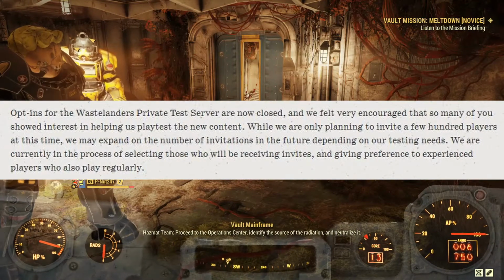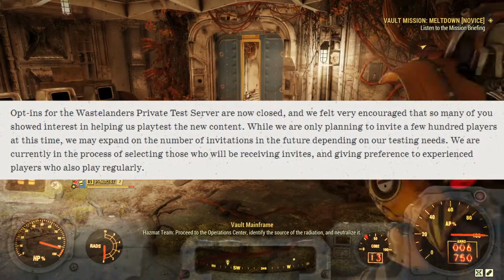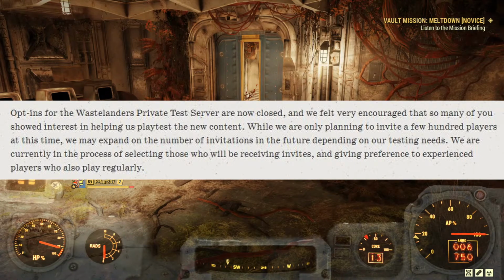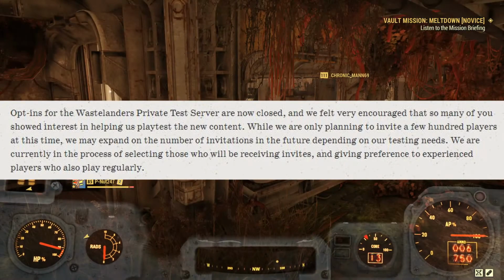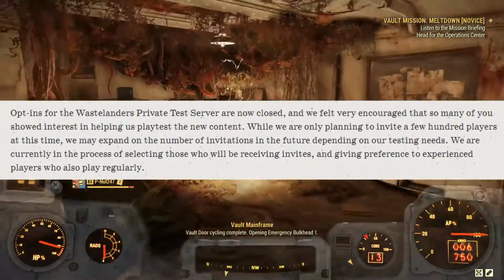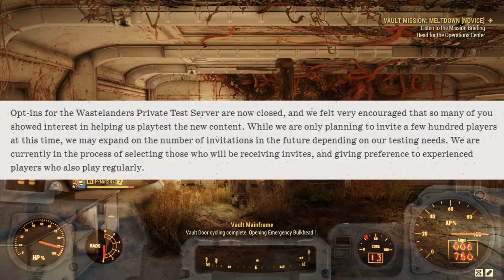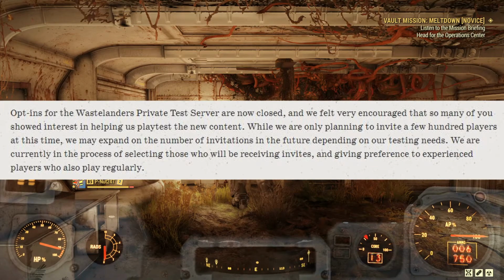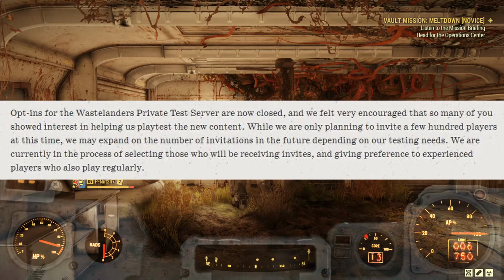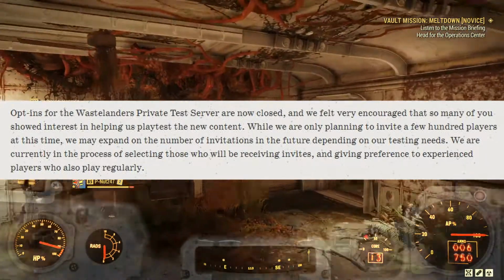So, opt-ins for the Wastelanders Private Test Server are now closed, and we felt very encouraged that so many of you showed interest in helping us playtest the new content. While we are only planning to invite a few hundred players at this time, we may expand on the number of invitations in the future depending on our testing needs. We are currently in the process of selecting those who will be receiving invites, and giving preference to experienced players